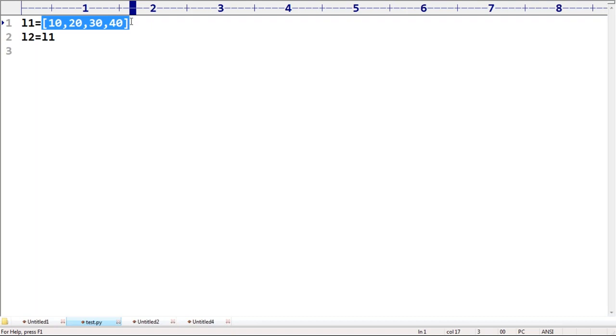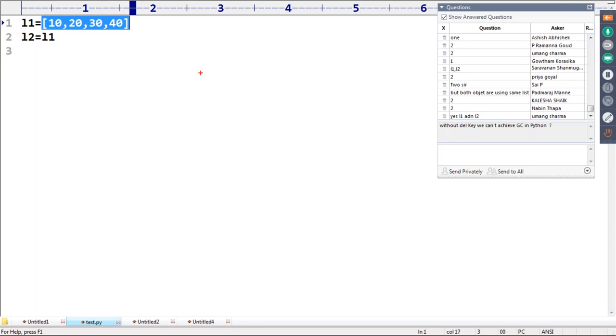Okay, excellent. First, you people should be aware that the object is different and the reference variable is different. L1 and L2 are reference variables pointing to the same object. Remember this. What is the object here?